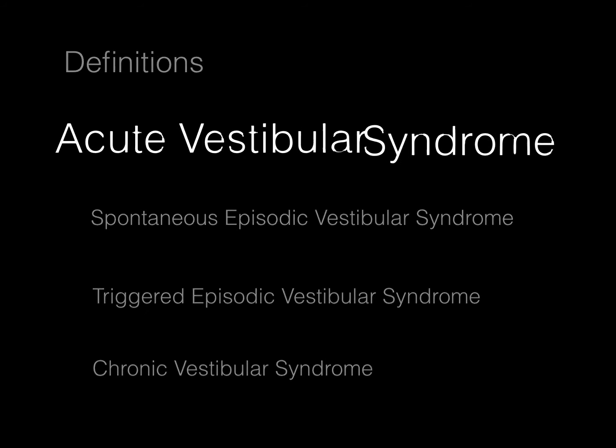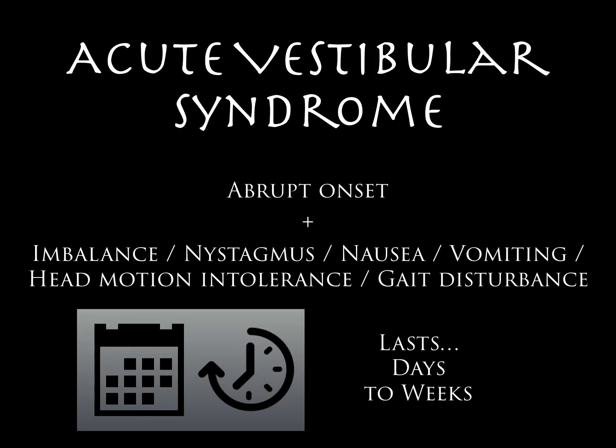First of all, let's define this, right? So acute vestibular syndrome has an abrupt onset, minutes to hours. It may be associated with imbalance, with nystagmus. They can have nausea and vomiting. They have head motion intolerance and potentially a gait disturbance. And these are some misconceptions about the evaluation of the dizzy patient, because classically we considered head motion intolerance to be a sign of something benign, like benign